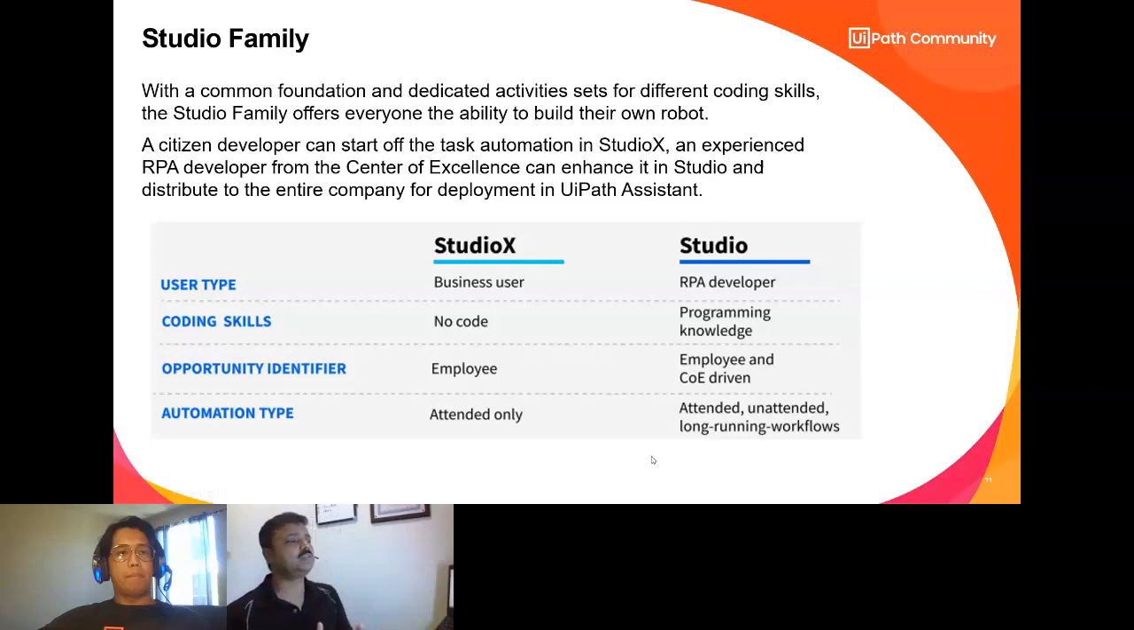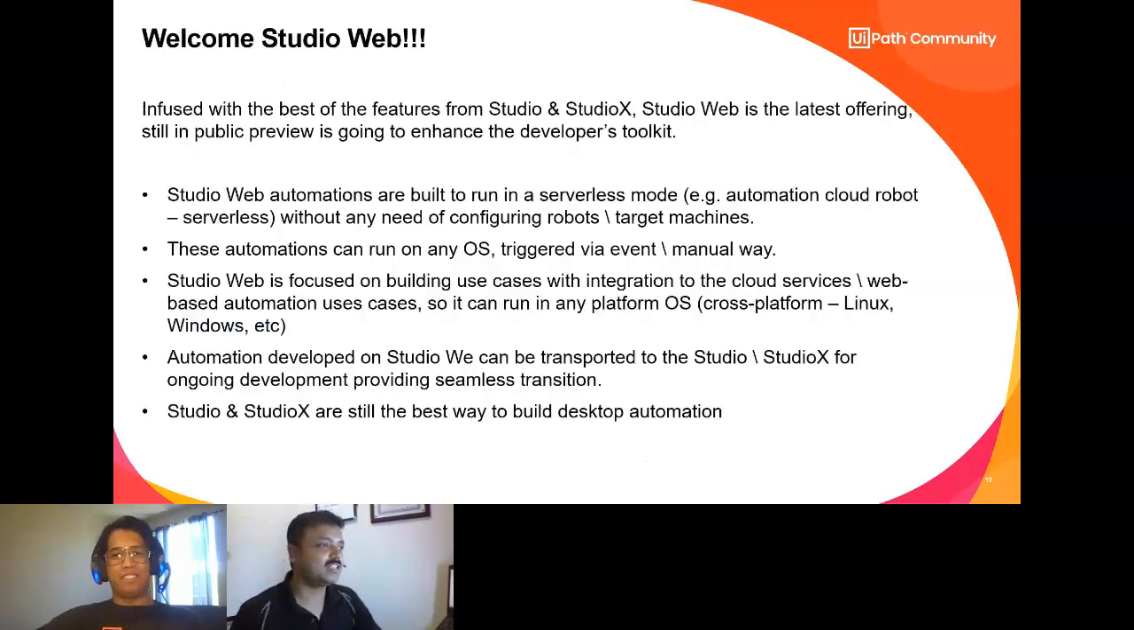So that covers what we have available today, but we are really excited to present what is upcoming. So drum roll, please. Studio Web is the latest entrant in the development platform. I would say it completes the trinity of UiPath Studio, where you have Studio X, Studio, and now Studio Web. It has been requested for some time. Primarily, it's a completely browser-based development environment where you can build automation right from your browser,